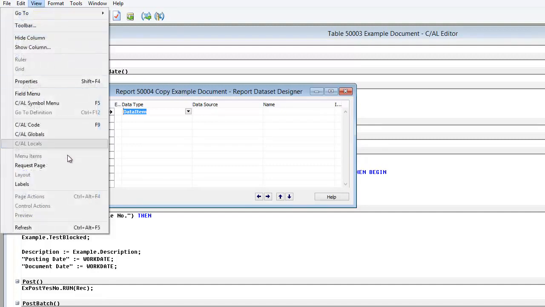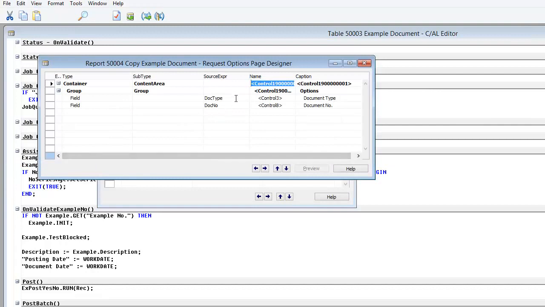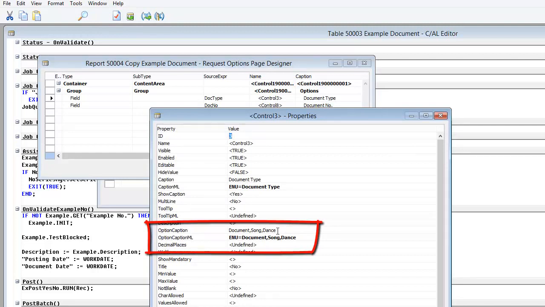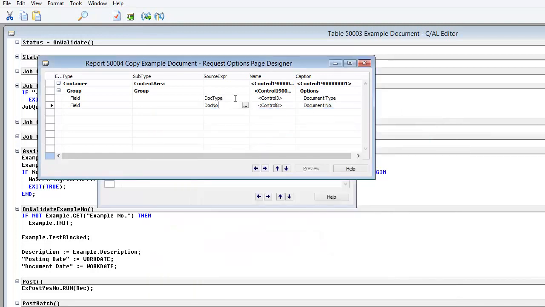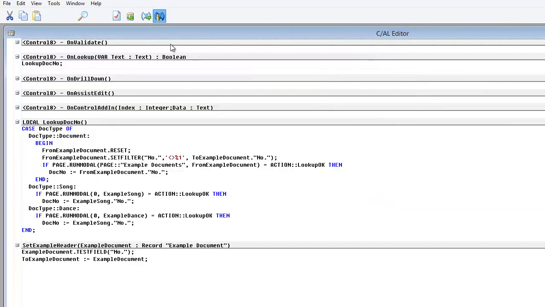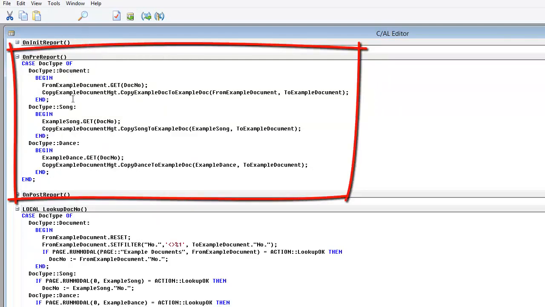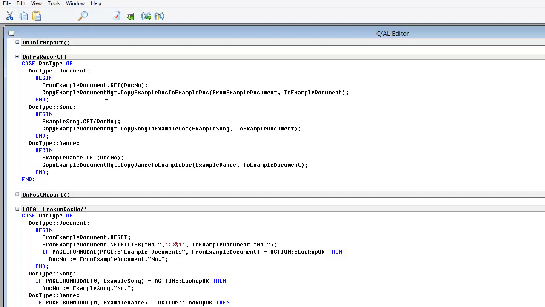There are no data items, and there is a request page, which in our case has a document type, which is a document, a song or a dance, and we have the document number, and the document number points to the document table, the song table, or the dance table, depending on what document we want to copy. In the on-pre report, depending on the document type we selected, we go to our copy example document management code unit, and if we go to the definition of this code unit,